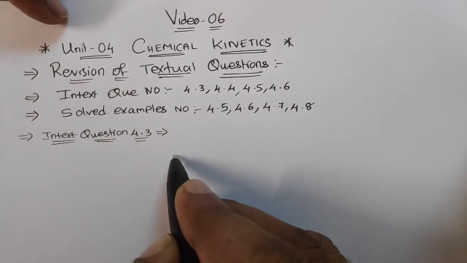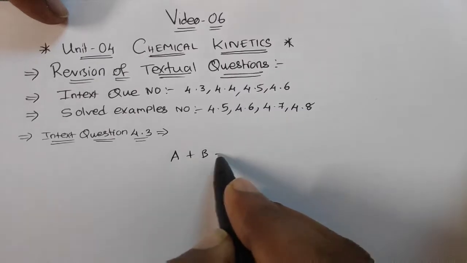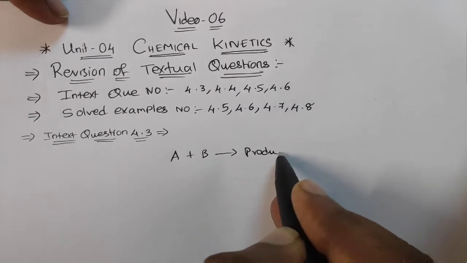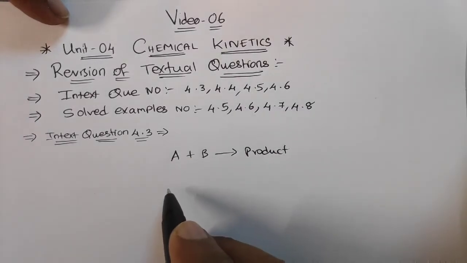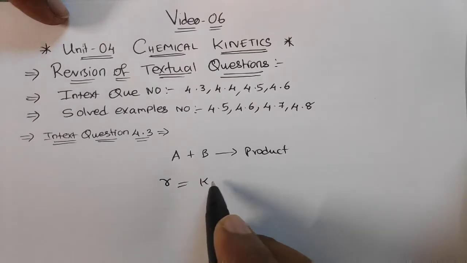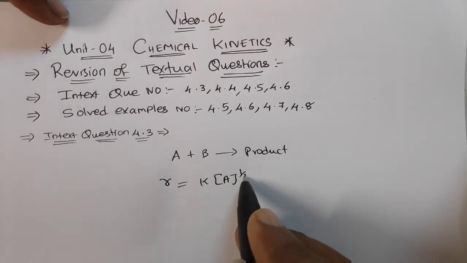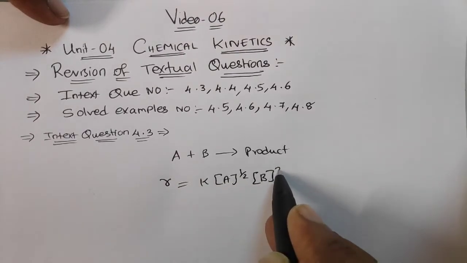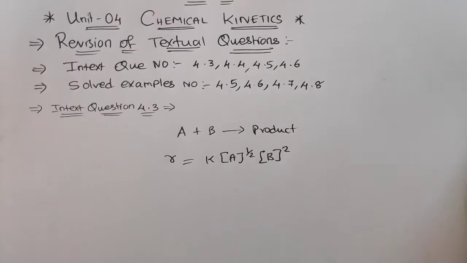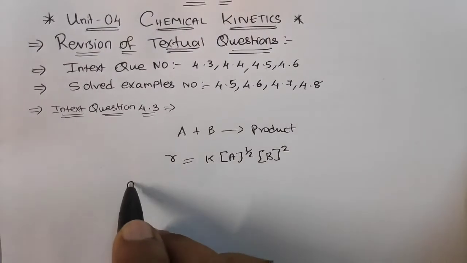Now 4.3. The question was A plus B gives the product, and the rate was given, that is R is equal to K into A raised to 1 by 2 into B raised to 2. So if you see the order of reaction,